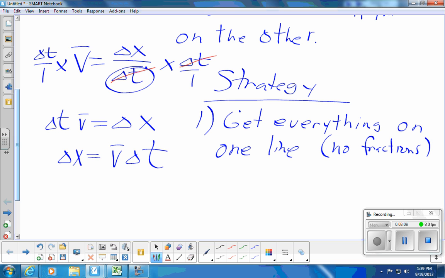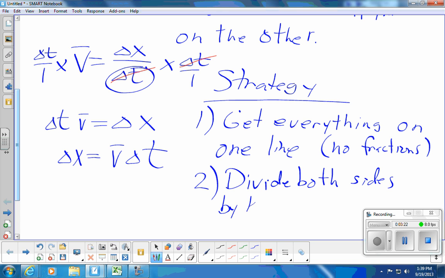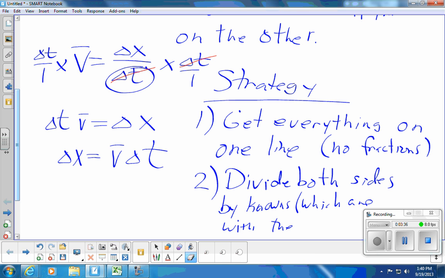If, on the other hand, we are looking for delta t, the second step then would be, now you have everything on one line, divide both sides by the knowns which are attached to the unknown. So, in other words,